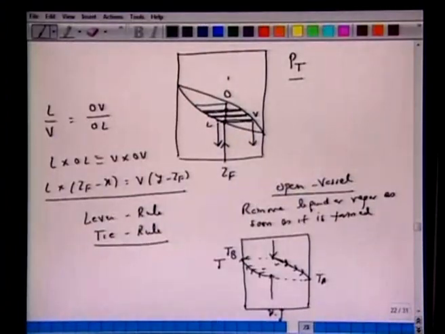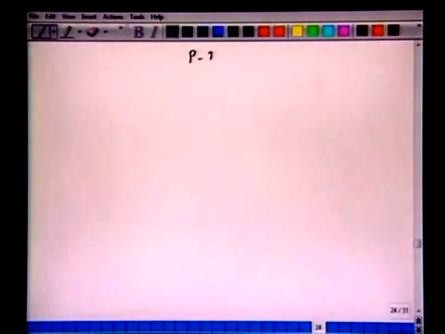Now, in principle, it's also possible that we plot Pxy. In other words, we say that temperature is fixed, and we vary pressure. There also we have the same degrees of freedom. If you apply the rule of degrees of freedom, F equals C minus P plus 2. So if you fix temperature and vary P, one can also obtain Pxy. But generally Pxy is not very popular or convenient for calculations in distillation. One extensively relies on Txy. But theoretically one can also plot Pxy. And if you plot Pxy, you will get this equilibrium curve like this.